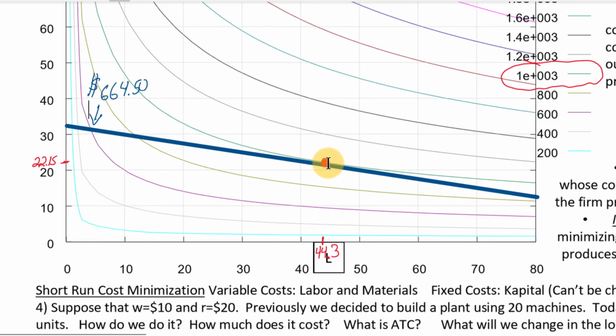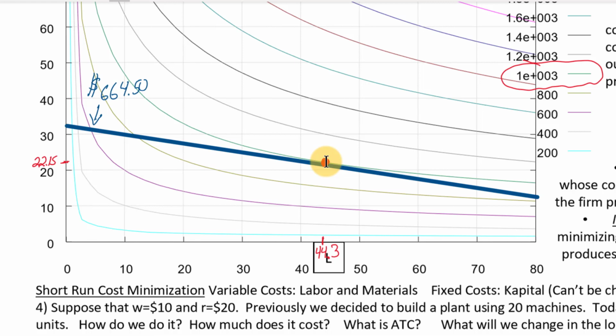Remember that this red point is where the slope of the isoquant is equal to the slope of the isocost. And remember, what is the slope of that isocost line? A quarter, right? Minus a quarter, but okay, a quarter. And so what does that slope mean when we're talking about the isoquant? Well, the marginal rate of technical substitution tells us that right at that point, if the slope is 1/4, it